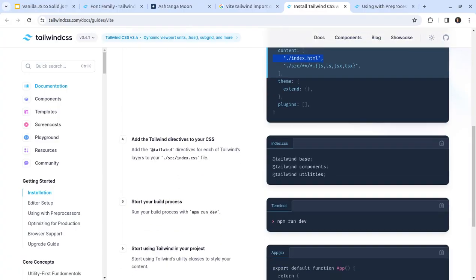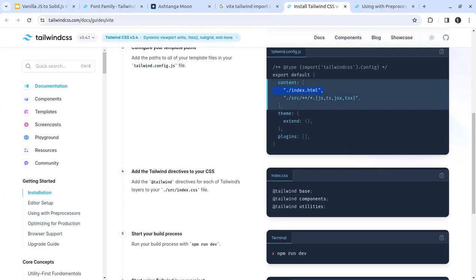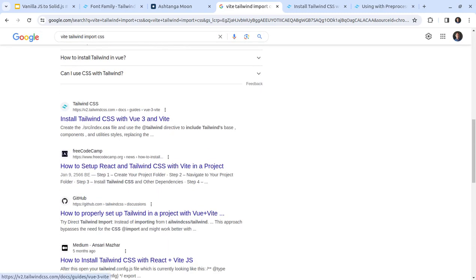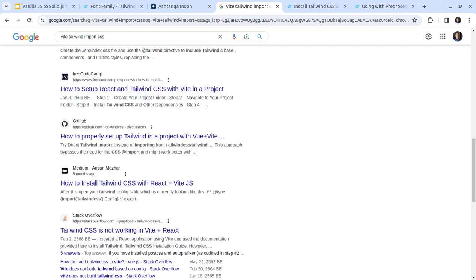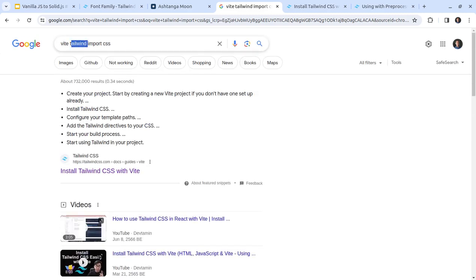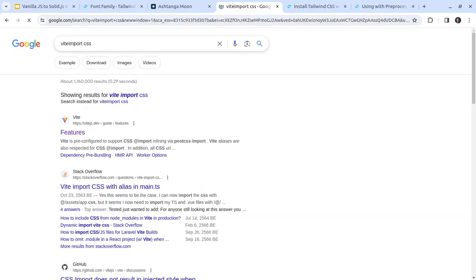So okay, no, it's not what I was looking for. What? Import CSS